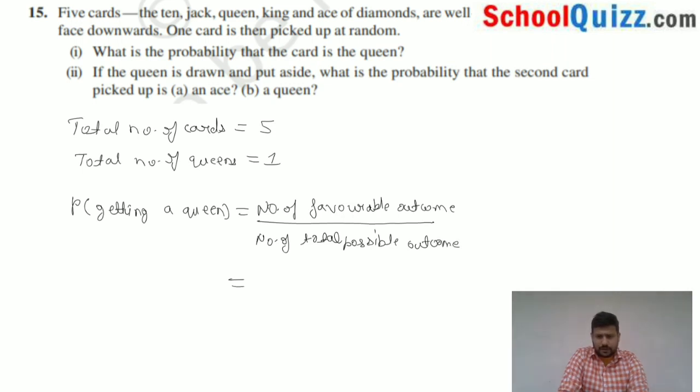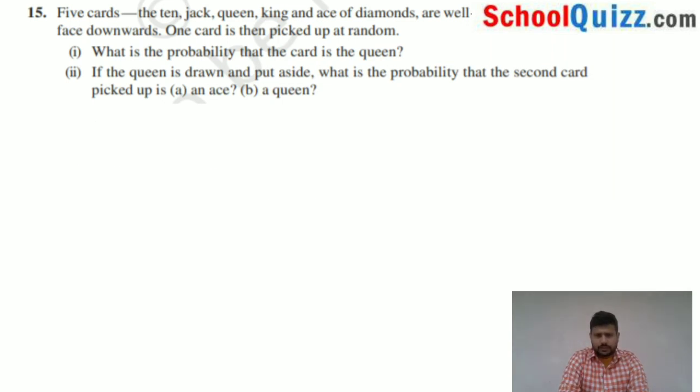So number of favorable outcomes here we have is 1, and the number of total possible outcomes here is 5. So 1 upon 5 is the probability of getting a queen. Now let us proceed to the second part, when the queen is drawn